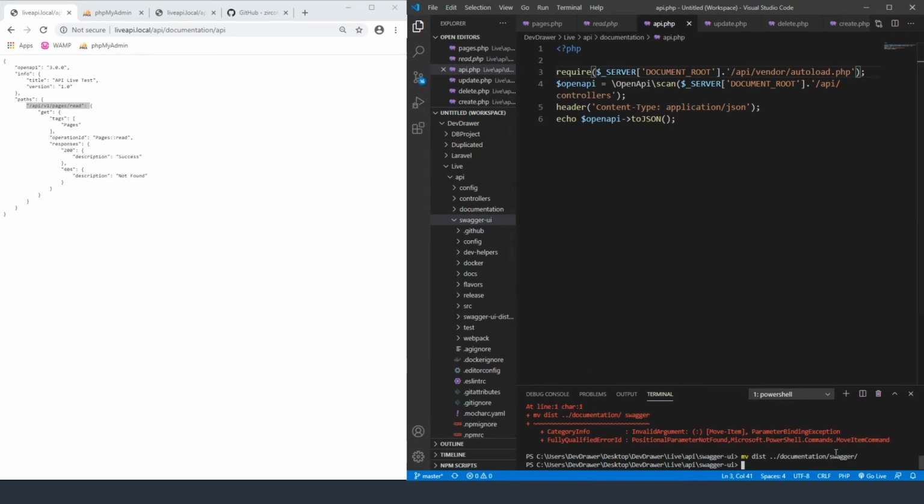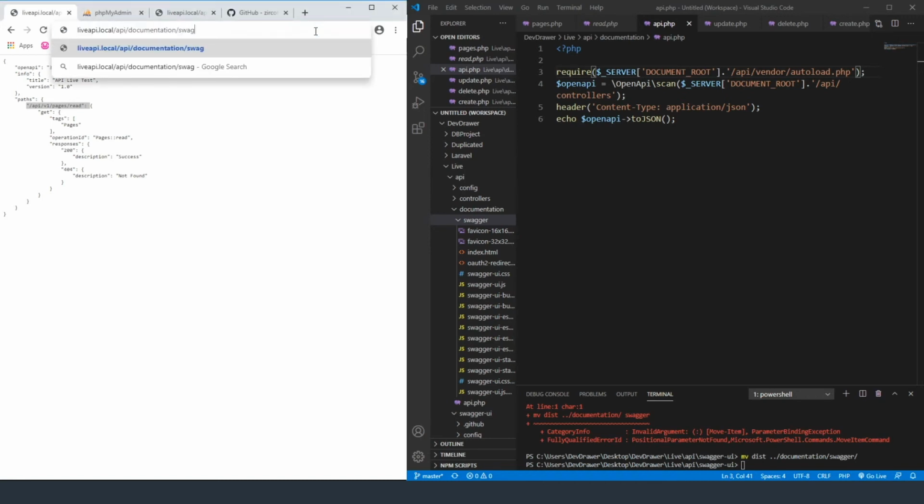I just had to, I don't know why, I was using Composer type here. So let's go here. Now we have our Swagger folder, which has all of the files that we want it to have in it, which has the JavaScript, the CSS for Swagger. So if we open up our browser again, let me make sure that y'all can see that window. Okay. Then we're going to go over here to Swagger